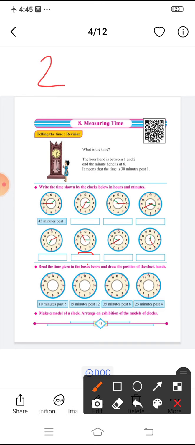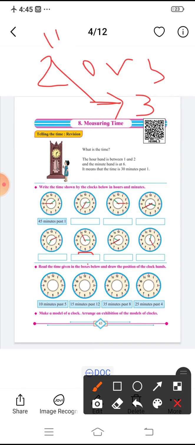You will write 2 or 3. Yes. Now the hand is on 3. The minutes hand is on 11. The hours hand is on 3. Correct? Now 55 minutes is for the minutes hand. Now for the hours hand you will write 3 or 2. Which will you write?